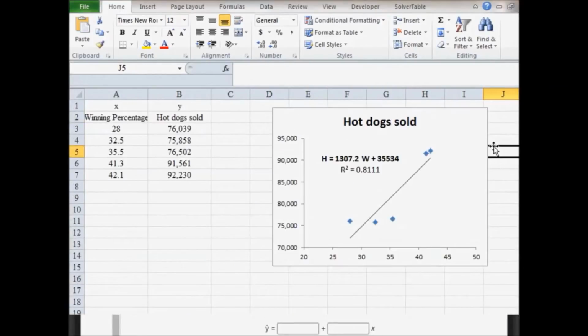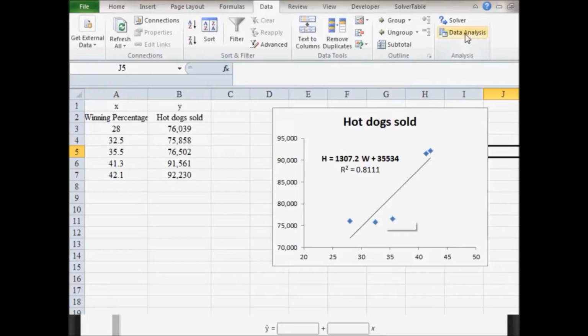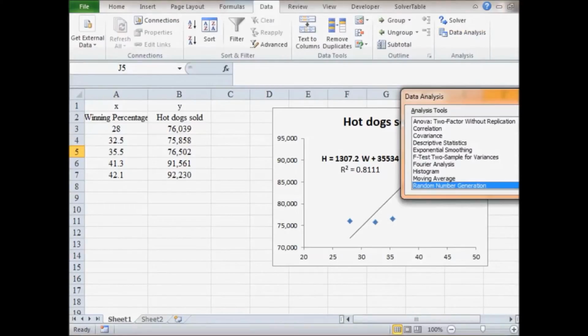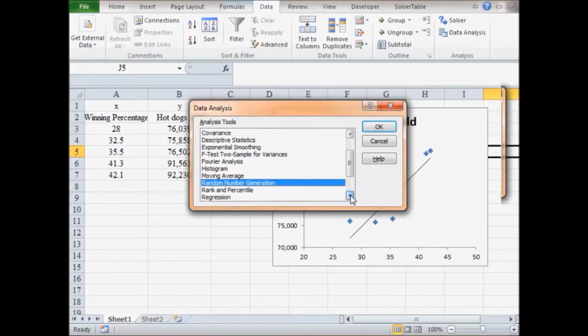So what we're going to do here is actually conduct a regression analysis. This is the chart version of it, which has very limited information. We're going to do the full regression, which is going to be presented in a table. And the way you do that is you go to Data, Data Analysis, scroll through until you see Regression,